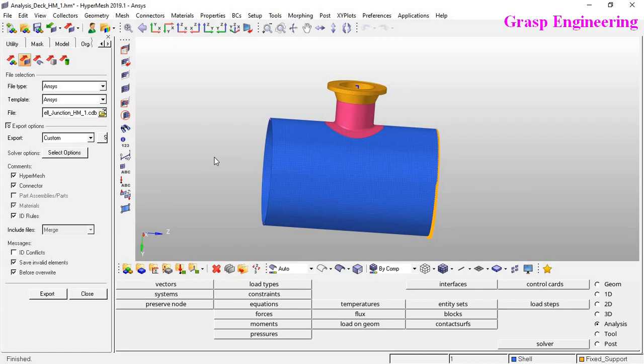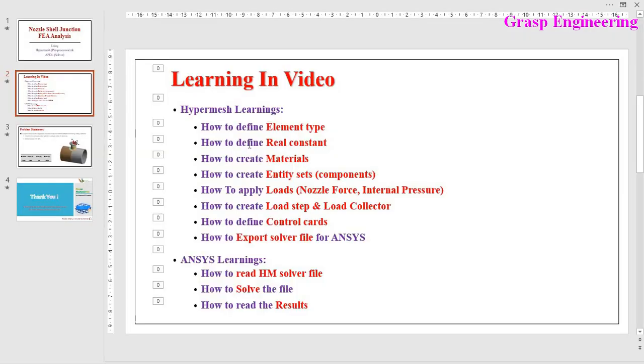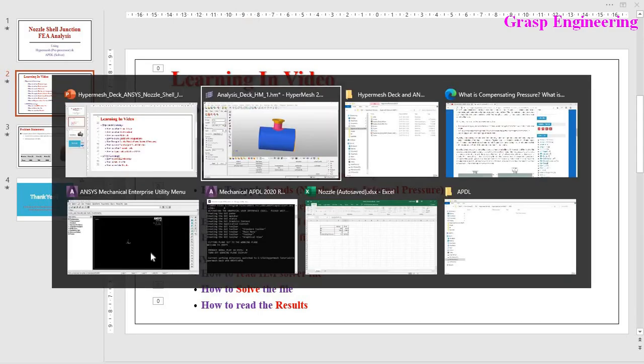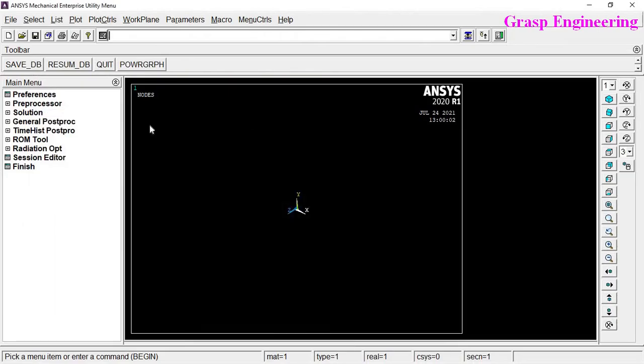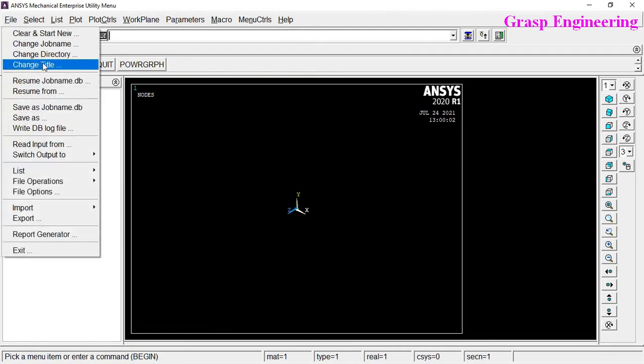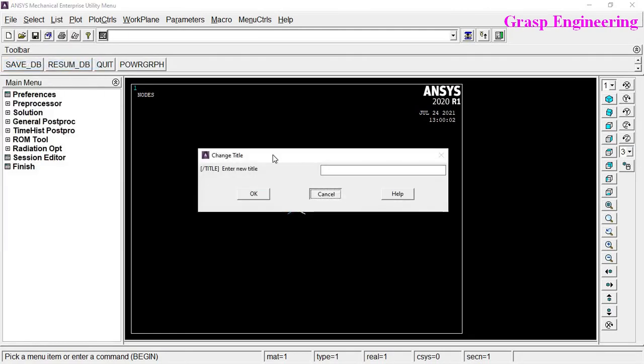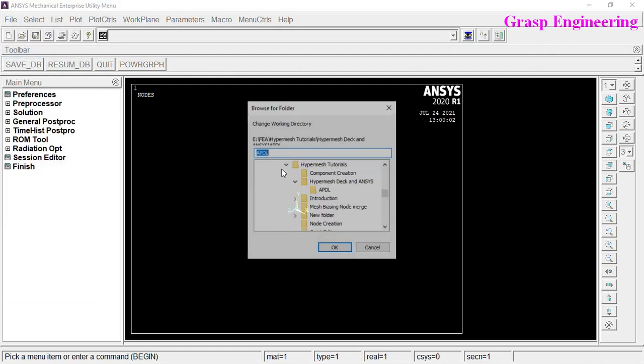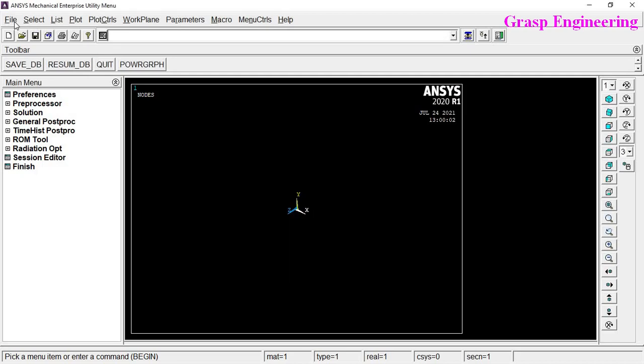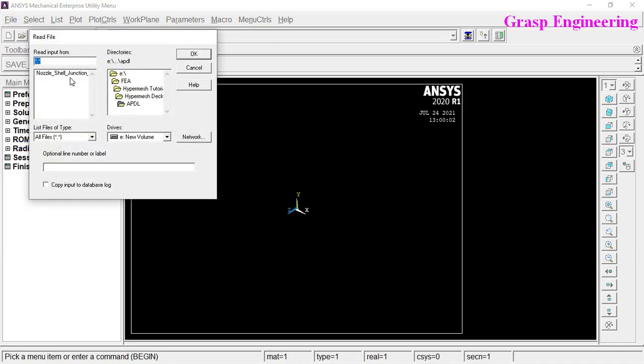So now let's go to the next task, that is how to read the HM file in ANSYS and then solve that. So let's go to ANSYS. I already opened that respective file, so you just need to change the directory. Here you can cancel, File, Change Directory, and here you can define your respective directory, and then go to File, Read Input From. Here you will find the file which we wrote in HyperMesh, nozzle shell junction hm_1.cdb. So you just need to click OK,